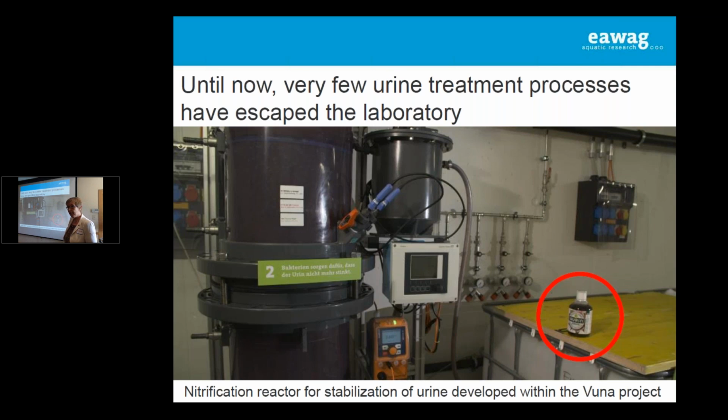So until now, very few urine treatment methods have escaped the laboratory. What you see here is one of them. Our own one is a nitrification reactor for stabilization of urine, developed within the Luna project. You see here, this is our fertilizer. I have small samples of it here. I couldn't take them through